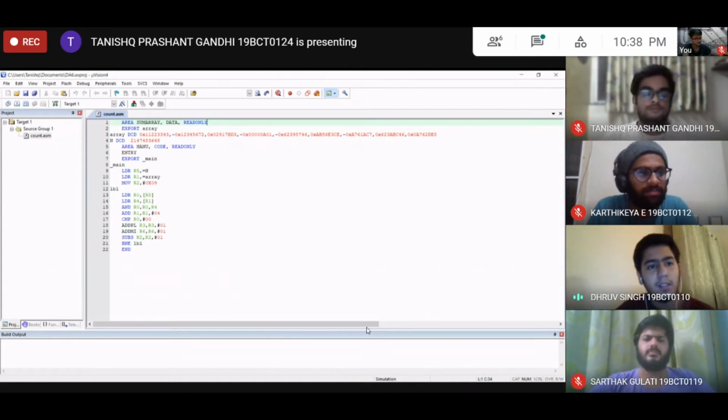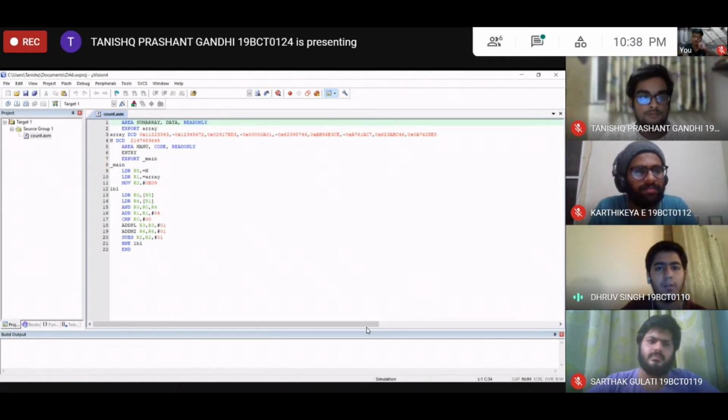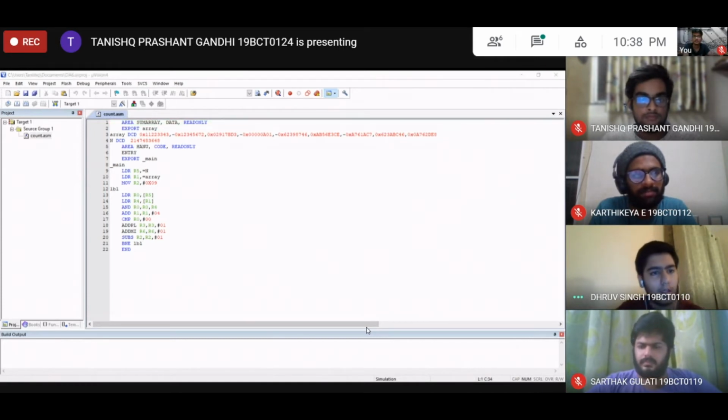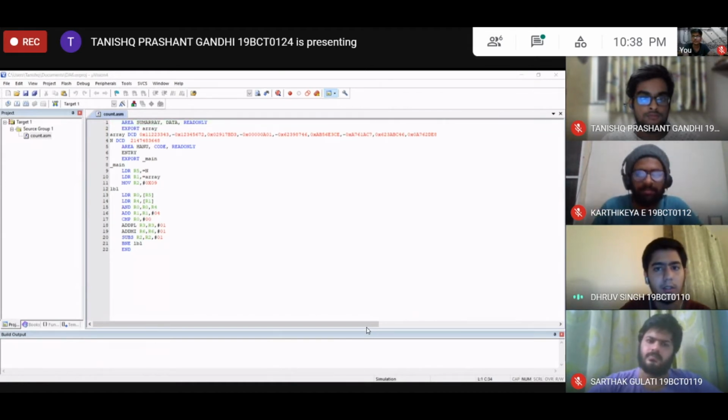Okay, so here as we can see in line number 9, the register R5 is being loaded with a constant value equal to n, and it points to the data containing 31 bits which will be 0 and the MSB being 1. In line number 10, the next line, we can see that the register R1 is now being loaded with the first address of the array, the address of the first element of the array. And in line number 11, we're storing the number of elements, which is the count, in the register R2. Now to explain the program further, I'll pass it on to Karthikeya.